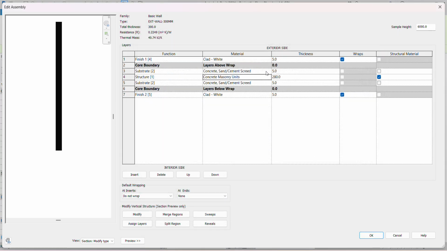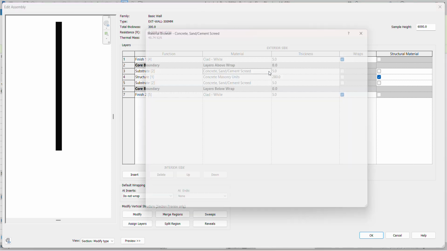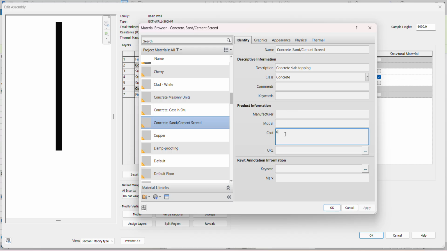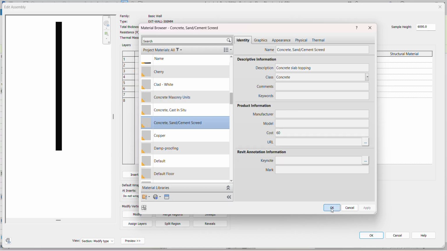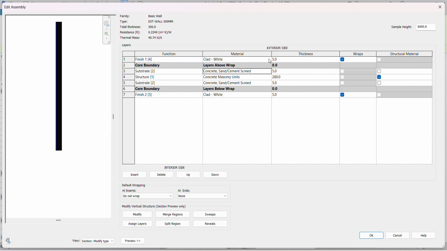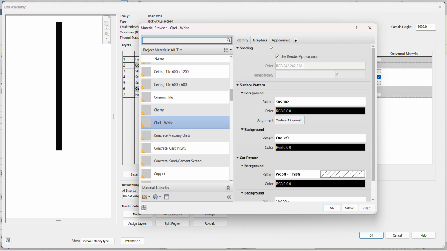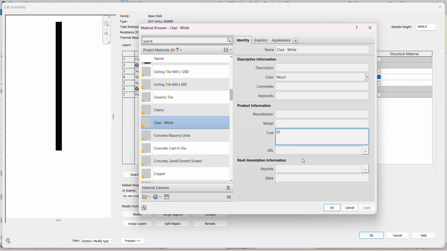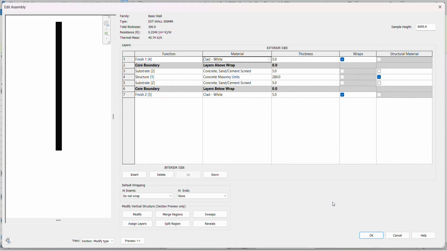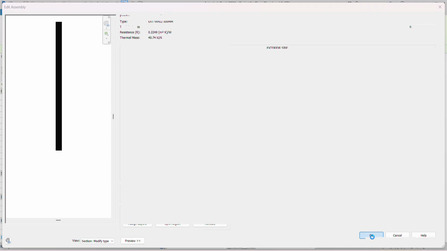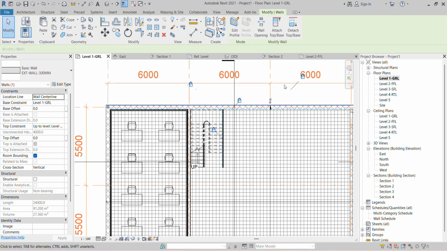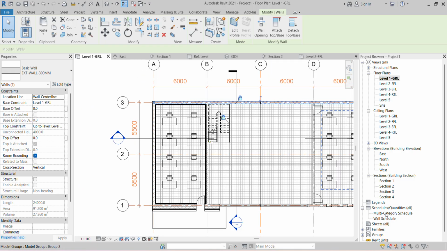And here I can go to find the screed and sand. I can go to find the cost. Each and every material we need to update the cost. Now I can go to find this one, 20. Right? Now I just apply this one. Right. Now I can go back to my